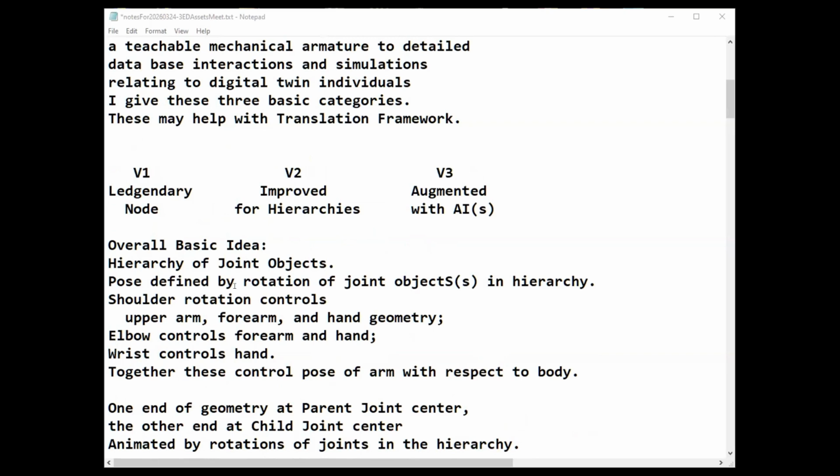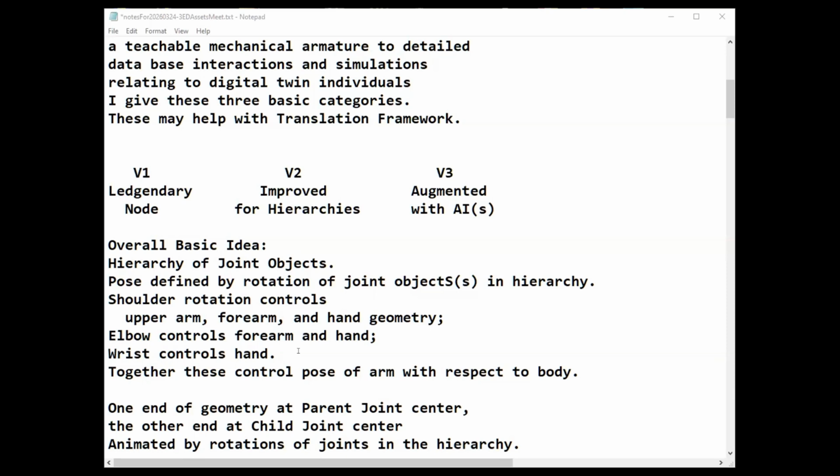But overall, the basic idea is you have a hierarchy of joint objects, parent and child joint objects, which are really transforms, and the pose is defined by rotation of these joint objects in the hierarchy. For example, the shoulder controls rotation of the upper arm, forearm, and hand. The elbow controls the forearm.